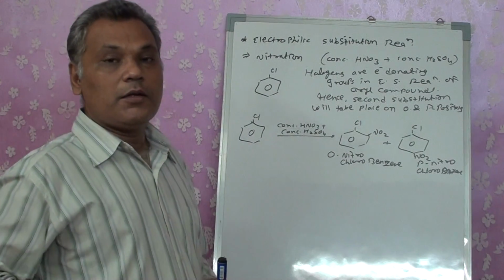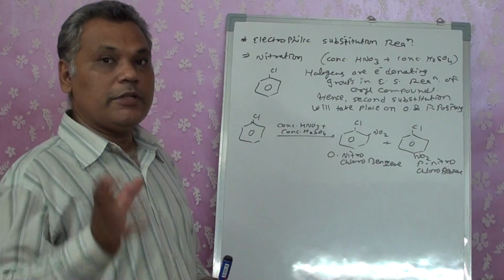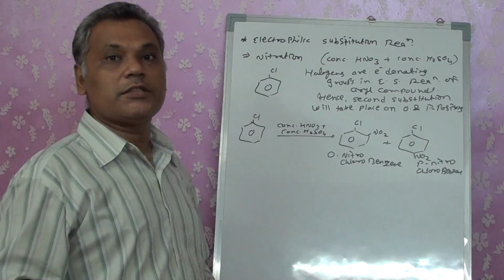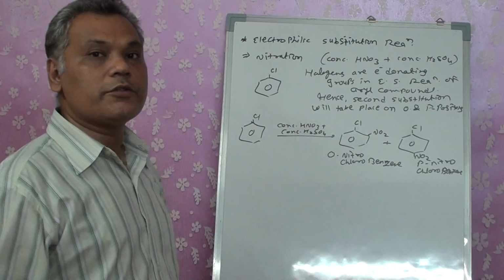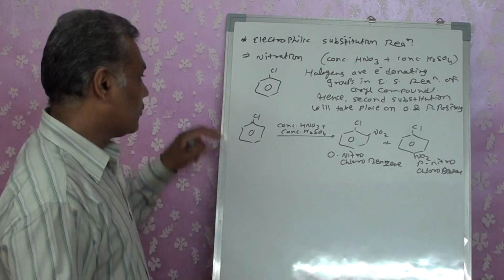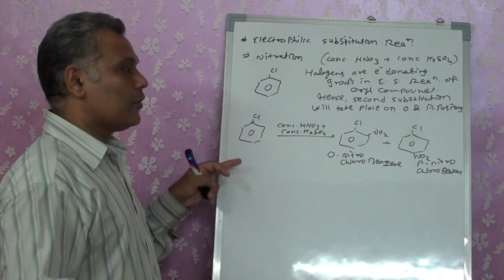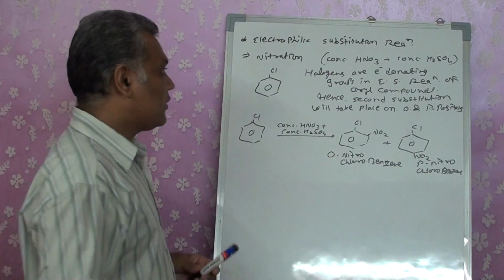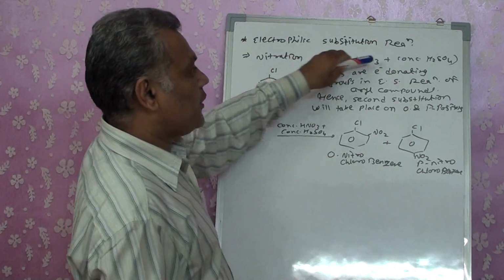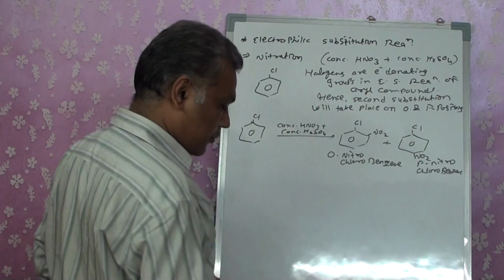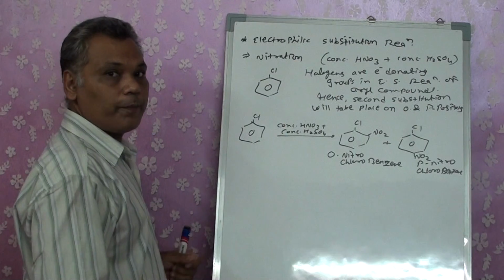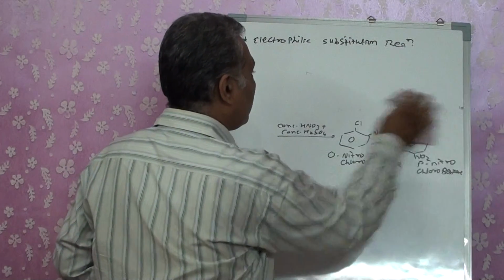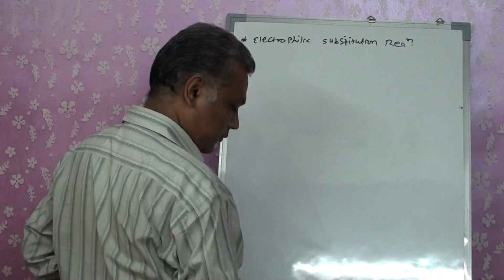But again, for the rest of the chapters, reagents are fixed. So if I learn the reagents, it will become much easier for me to do it for the rest of the chapters also. Particularly for this chapter, nitration produces ortho-nitro-chlorobenzene. For nitration, the reagent used is concentrated HNO3 and H2SO4. Right? The second reaction that we will have is sulfonation.